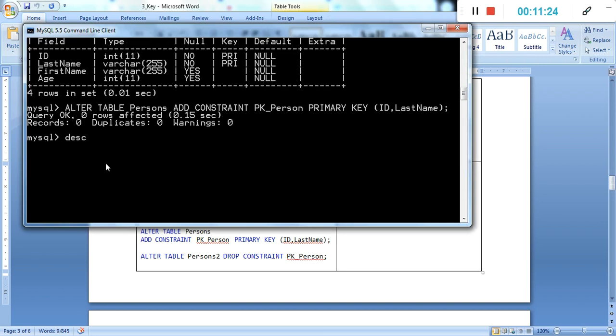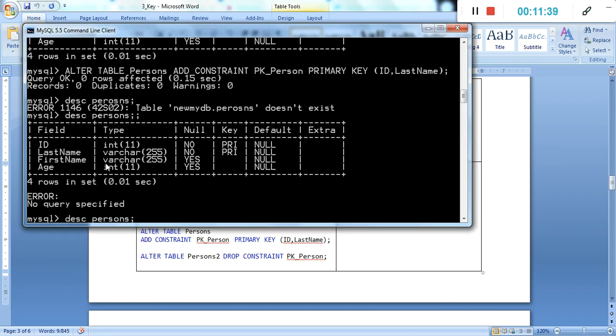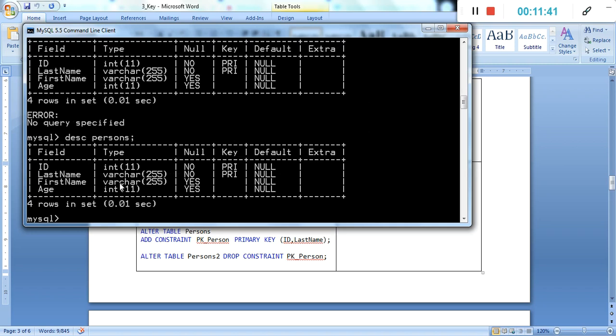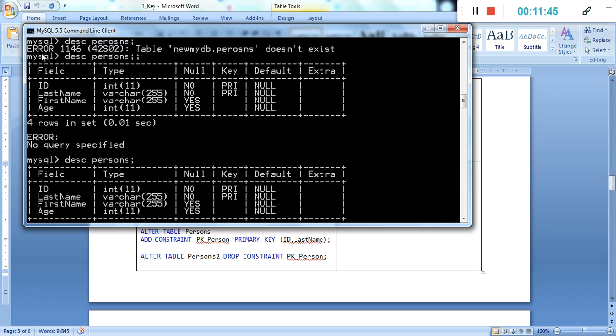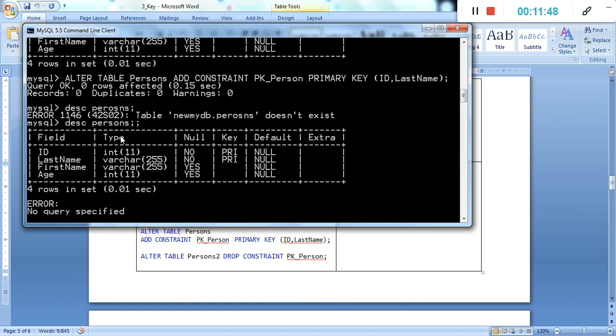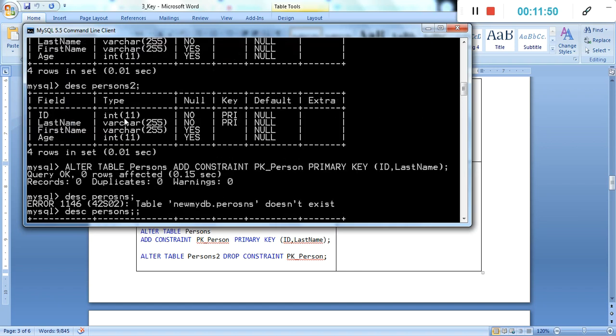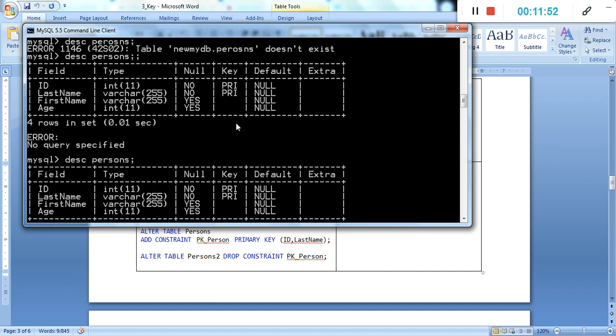Now if we describe the persons, then enter. Now the ID and last name under persons is a primary key. Same thing under person 2. This one is person 2.